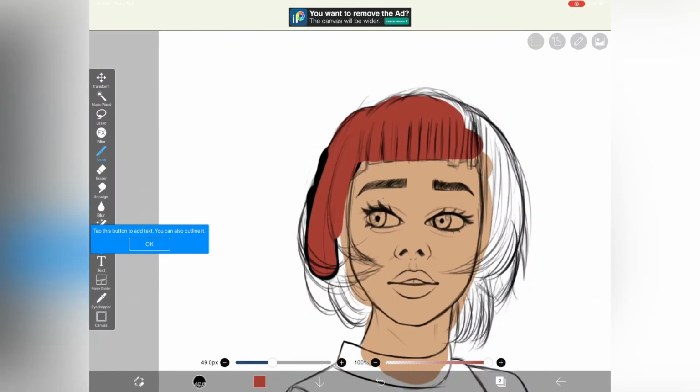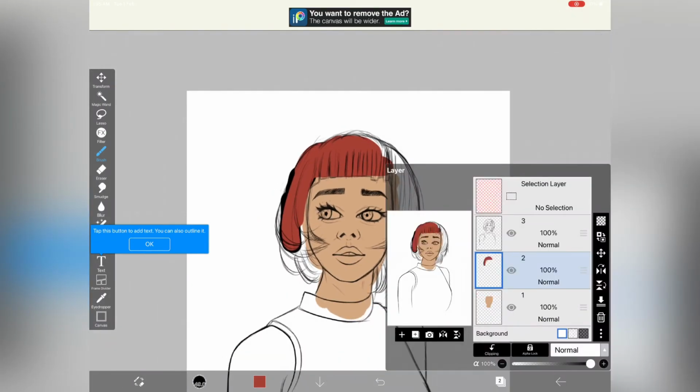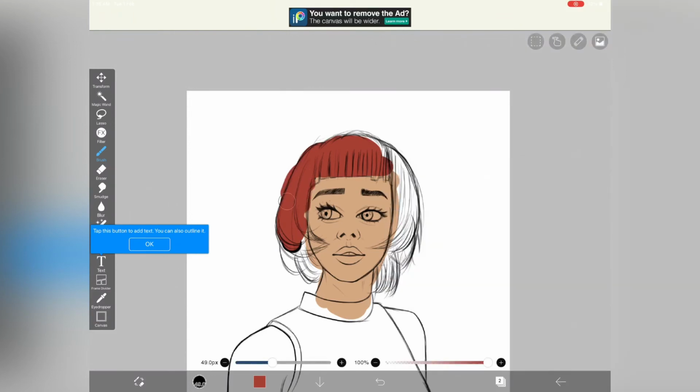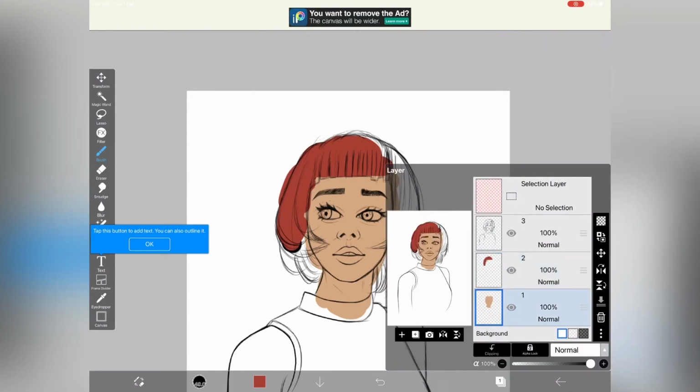But if you want it below the sketch and still retain your sketch, you want your sketch to still show, it should always be under the sketch, not above the sketch. As you can see, when we move the layer above the sketch, it's going to be covering our sketch, so we don't want that. What we need is for the sketch to stand out as well, so both of them will have a win-win. So if you are coloring the hair, it should be below your sketch, not above. So this is just some of the basic ways on how to use layers on IBISPAINT X